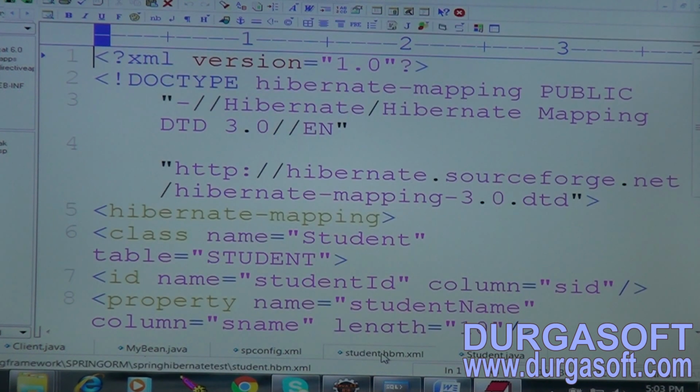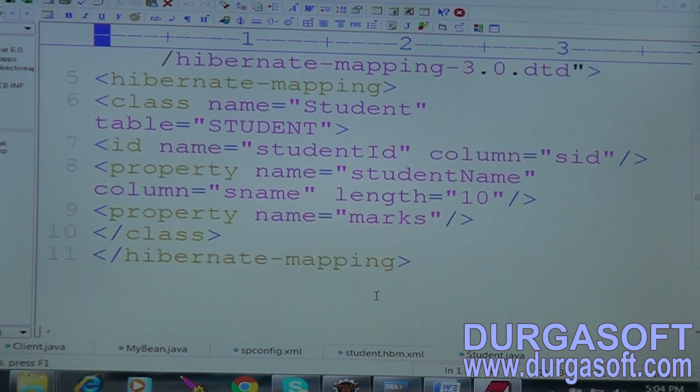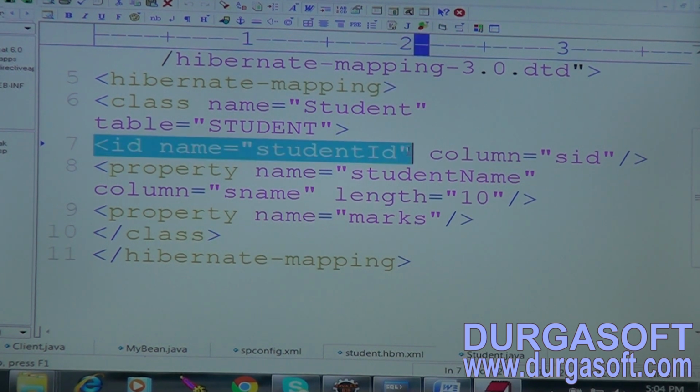This is the HBM file. In this HBM file, I am going to map database column names and Pojo class property names. So Hibernate mapping: class name equal to student, table equal to student. Next ID name equal to student ID, column equal to SID. Property name equal to student name, column equal to S name.